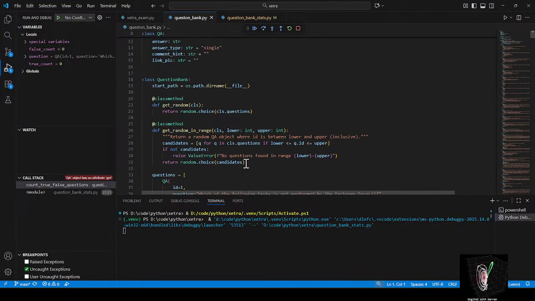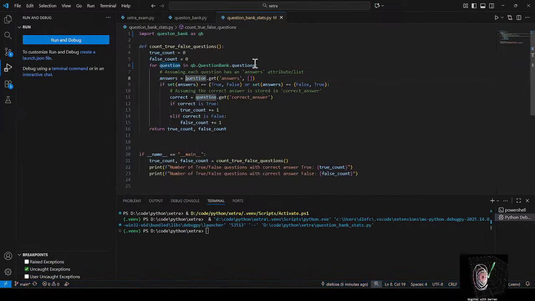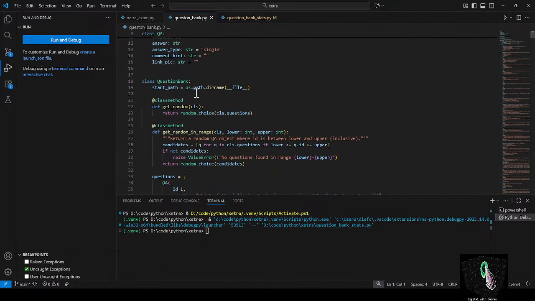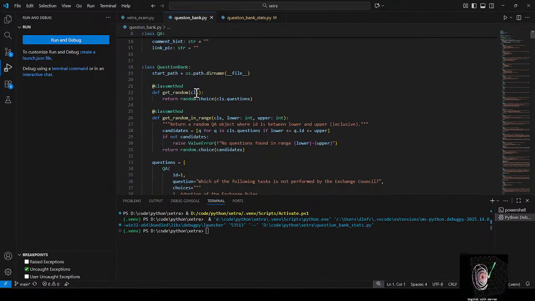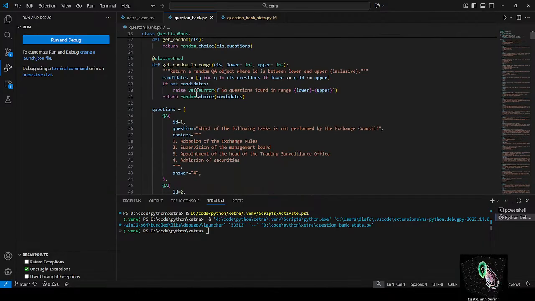So it's like looking at QA.choices really is what it's got to look at. So question QA.choices. Right, so